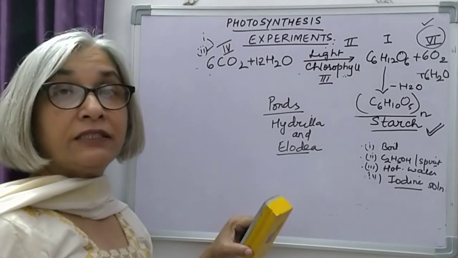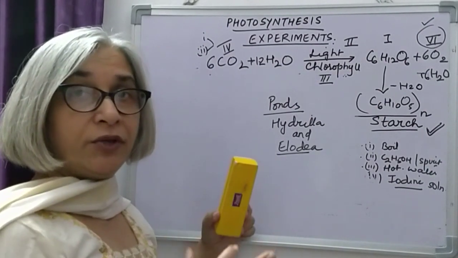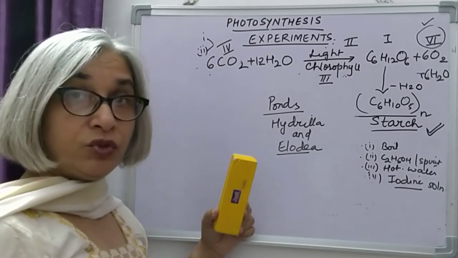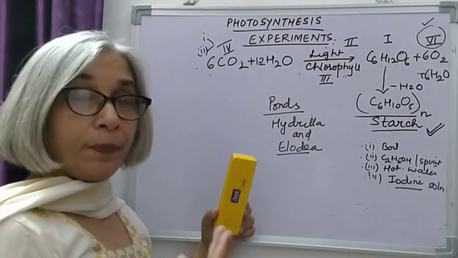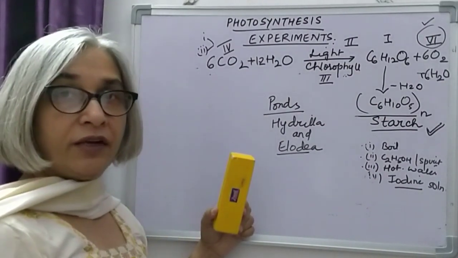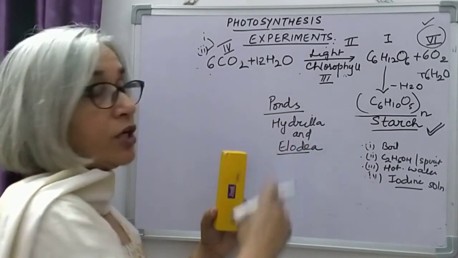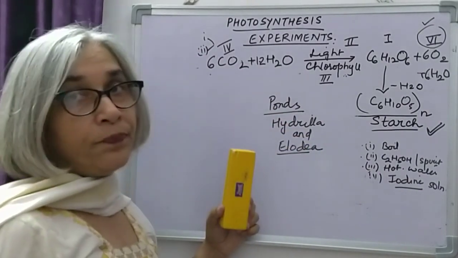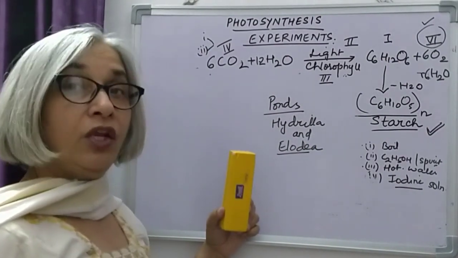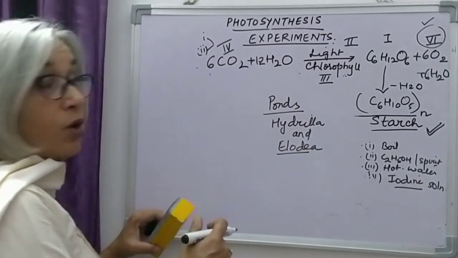Variegated plants are crotons. They are ornamental plants with different colored patchy leaves. Then coleus is another plant. So remember these two names for testing the presence of chlorophyll for photosynthesis. Variegated plants like crotons and coleus are used, and for production of oxygen by the plant, a pond water plant like Hydrilla and Elodea is used. So remember the names. For this we even need pond water.